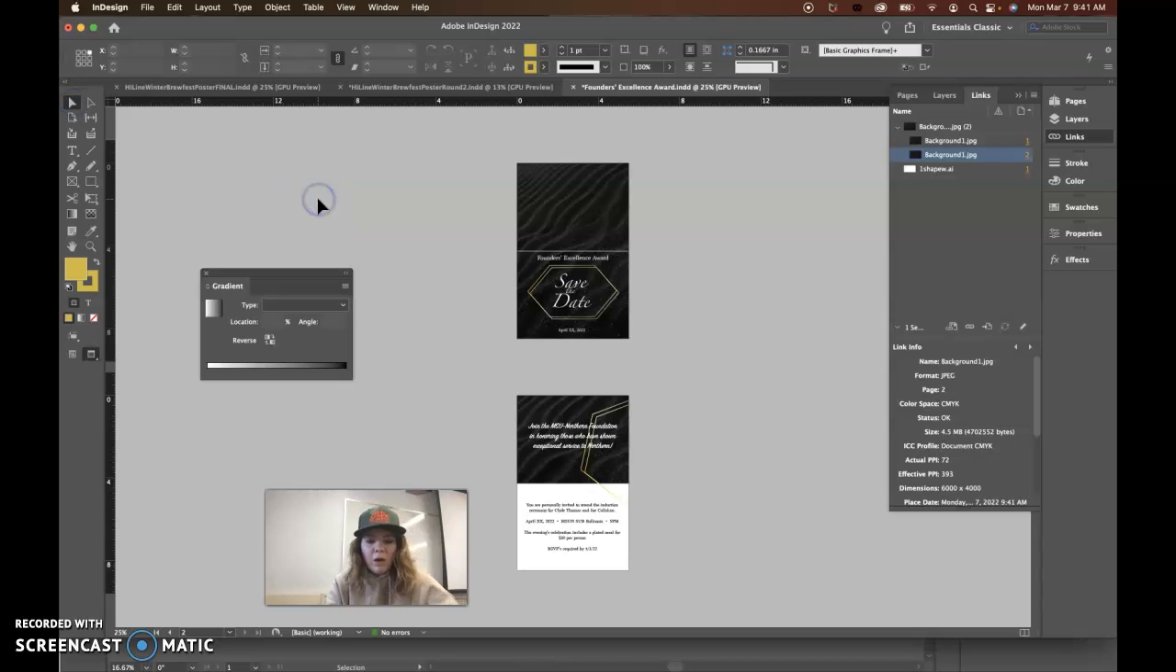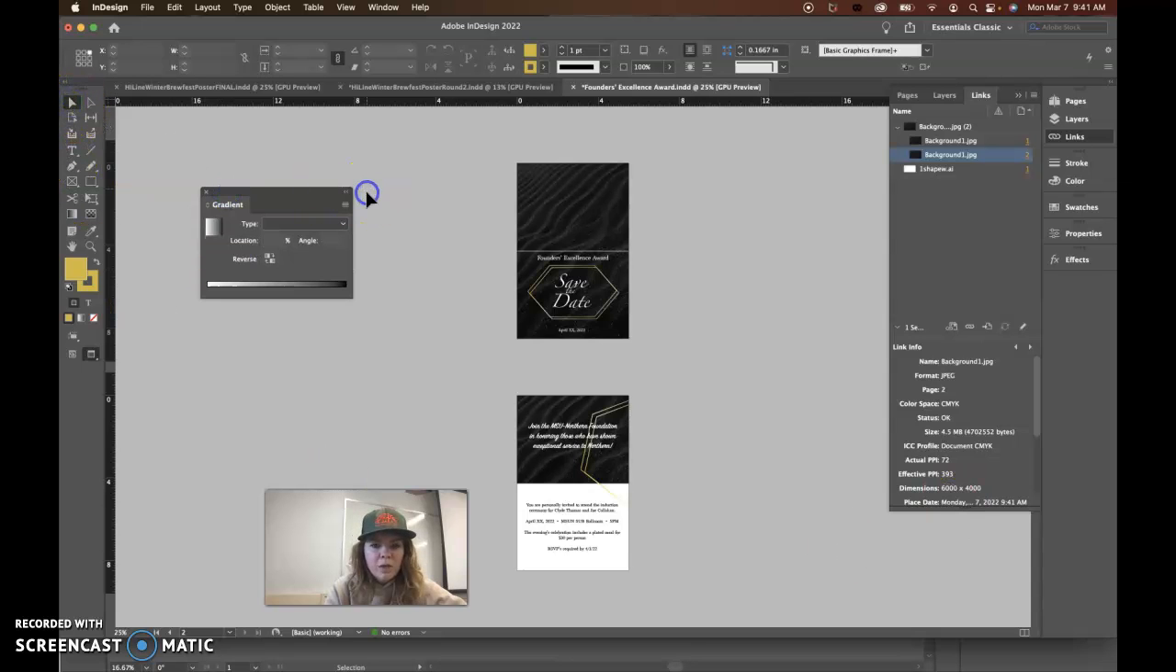So with all projects moving forward, make sure that you're looking in your links panel if you're in InDesign, making sure that you're in CMYK color mode on all your images and that the effective PPI is 300 or above on all images. Also, when you're packaging your file, I'm going to do Command S, but do a file package